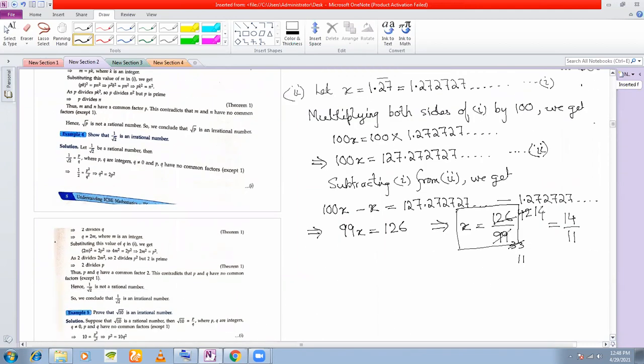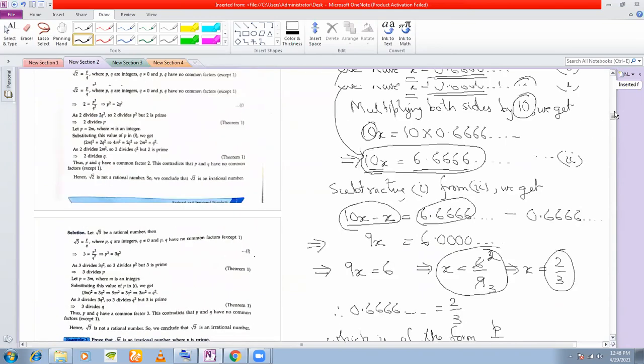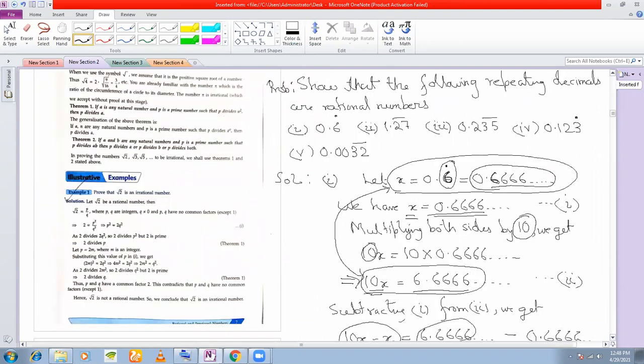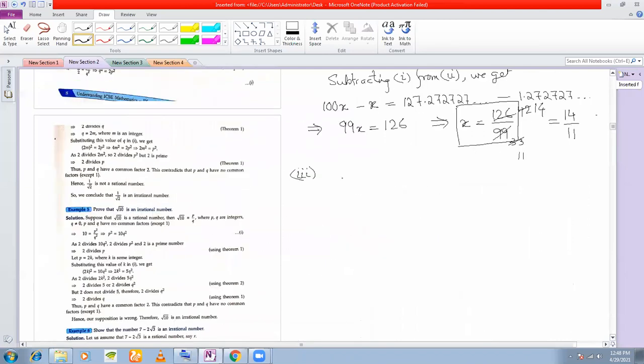Okay, so let us discuss number 3. Let's see what number 3 here is. Number 3 here is 0.235, in which 35 is recurring, but 2 is not recurring. Okay, so let us write it. So I say let x is equal to 0.235, in which 35 is recurring but not 2. So this number can be written as 0.235, 35, 35, and so on. We'll continue in this manner, right?